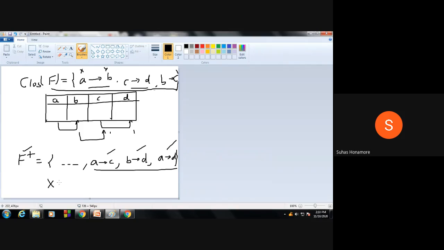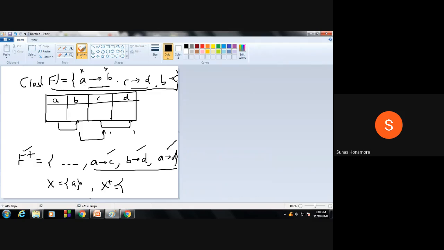Okay, my X is nothing but A. So the closure of X, that is X plus, I will write it. The closure of A is nothing but how many attributes you can derive. From A, how many attributes can I derive? B was there. Now we'll apply some other inference rules, then we'll check how many attributes I can